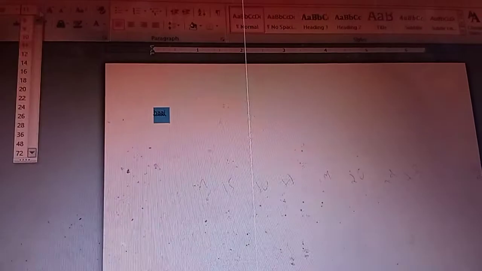I just increase the size, then you can see it is legible. I will change this word to HELLOW. Okay, assume that the cursor is at the first position here, then shift plus right arrow.